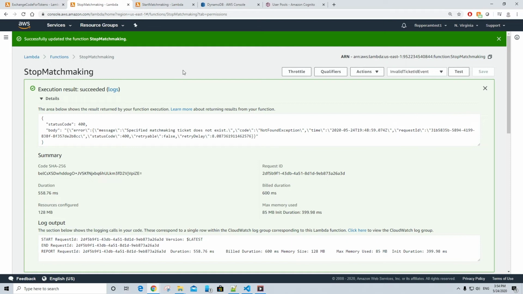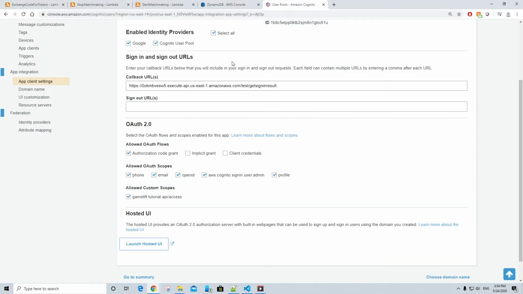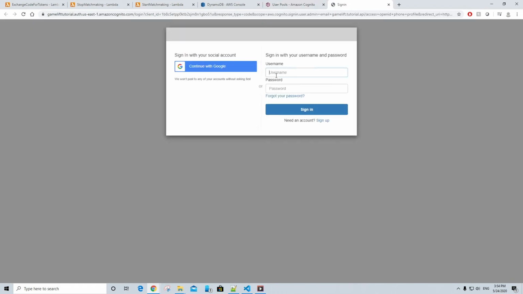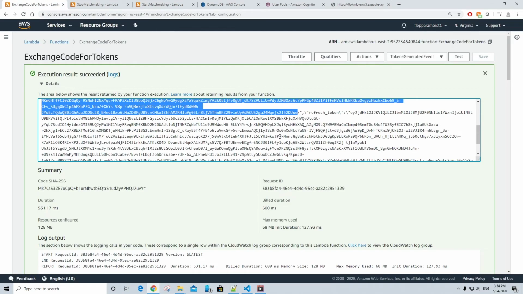So since I took a long time to record, my last access token has expired, so I'm going to generate a new one by going back to the Cognito hosted UI. So go to your app client settings in your Cognito user pool, click on launch hosted UI, and I'm just going to log in again with the same username and password that I've always been using. Again, try to stick with one user for now. Click on sign in. Take this code in the URL, copy it,